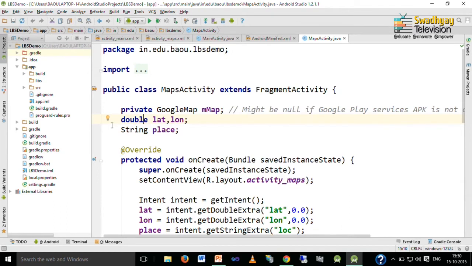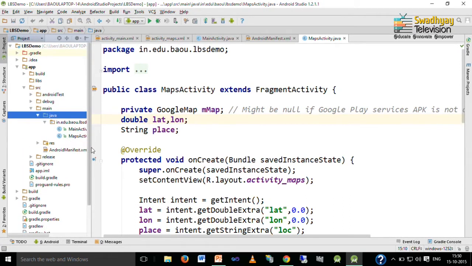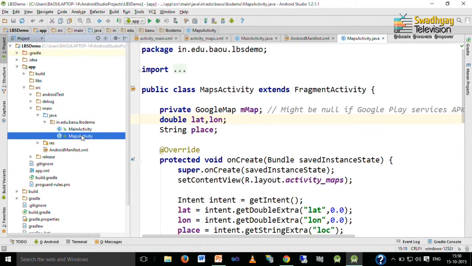When you create this project, it will add one activity, which is a MapsActivity.